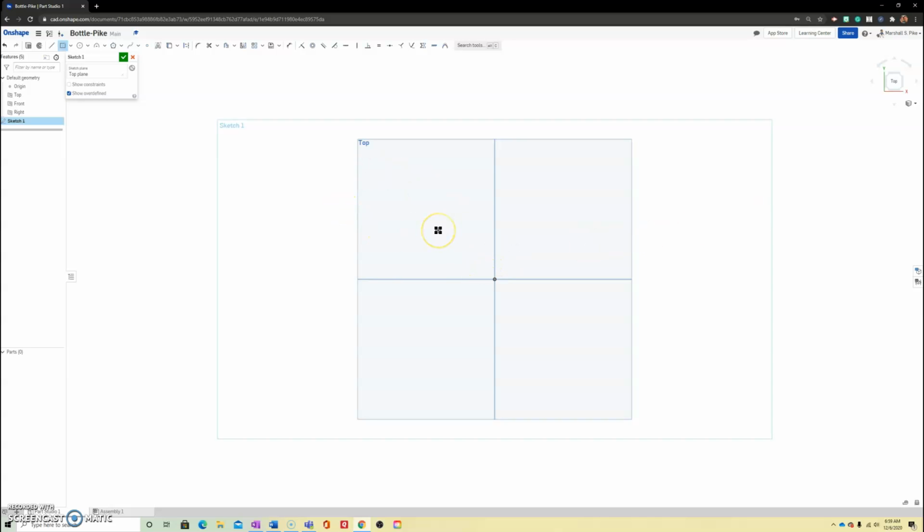So I'm going to use a center point rectangle, which is R on my keyboard, or on the quick access toolbar up here. You can select it, and I'm going to draw it from origin, and I'm going to just snap it in place. From there, I'm going to want to do a 3-point arc, which will be A on